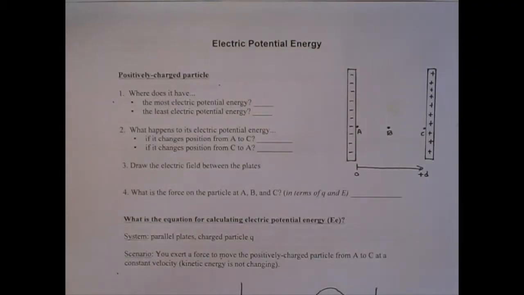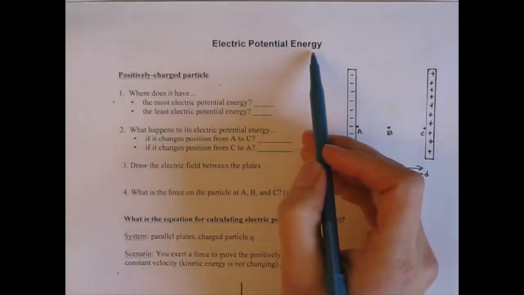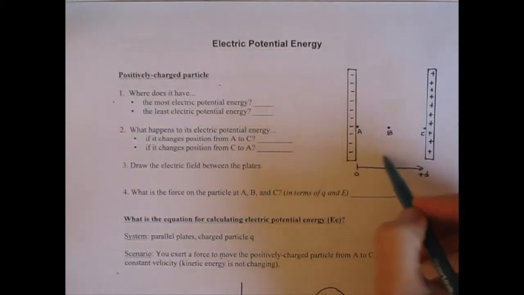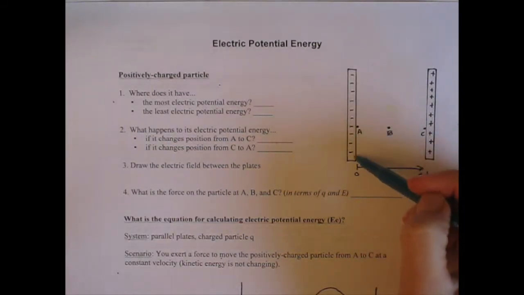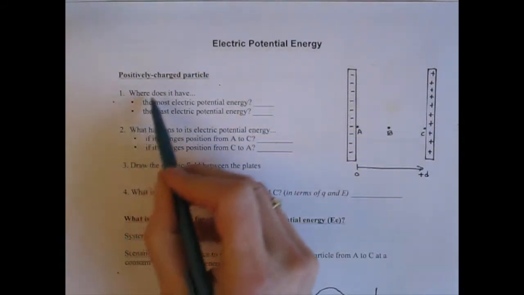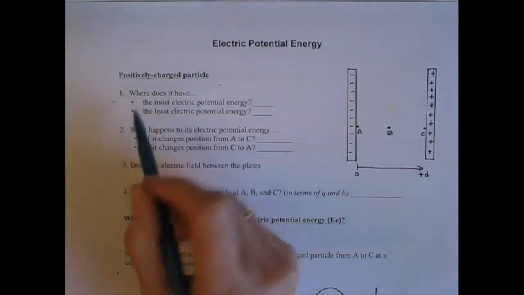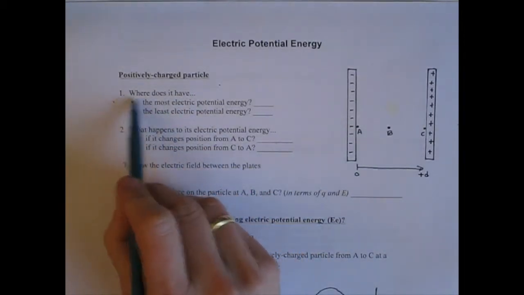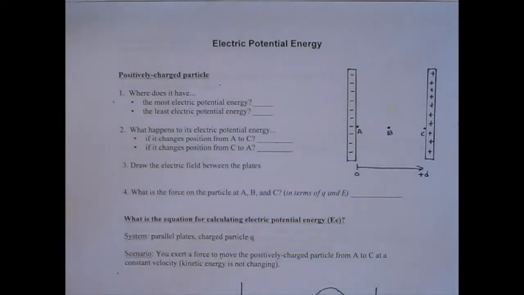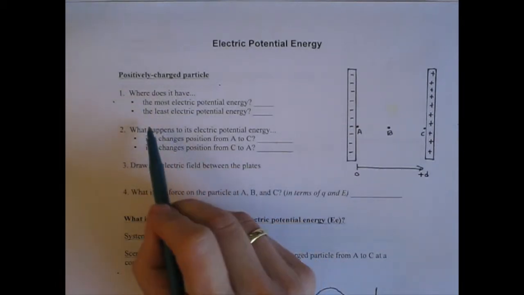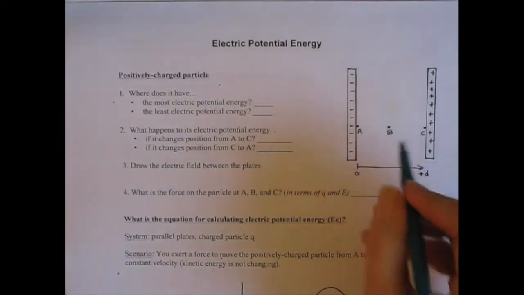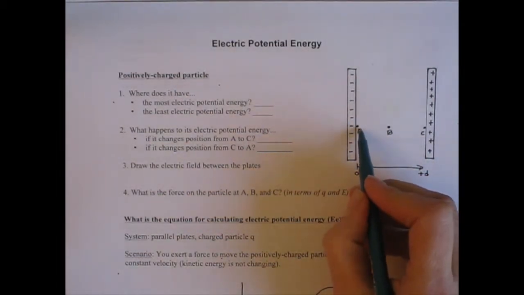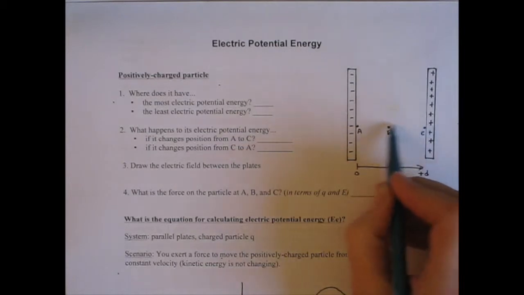In this video, we'll be talking about the electric potential energy of a charged particle in this space between two oppositely charged parallel plates. So we'll just work through the questions together and follow along in your notes. So number one, where would it have the most electric potential energy and where would it have the least electric potential energy? Well, if you think about a positively charged particle in this space,